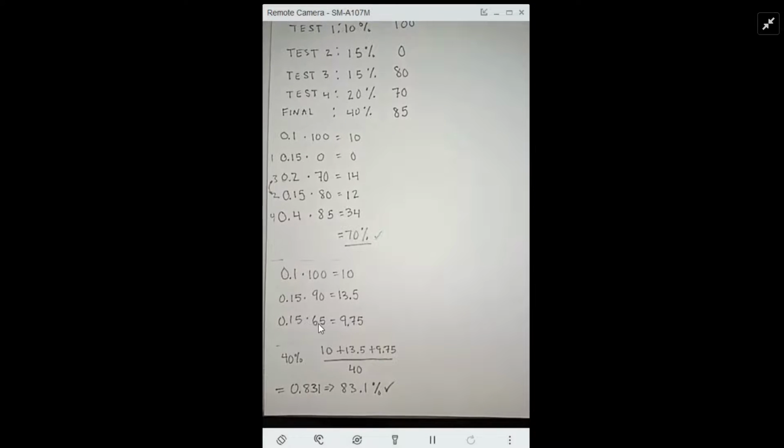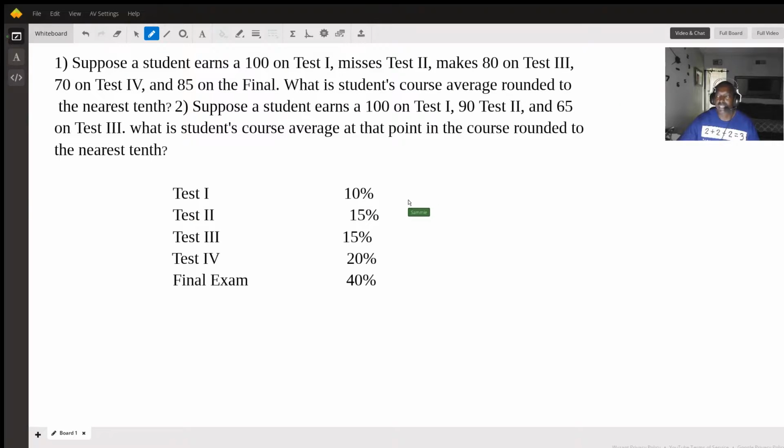So that makes sense. It has to make sense if we look at 65, 90, 100. It makes sense that he's above 65. He's pretty high because we have these 2 high grades. Okay. So that test really,